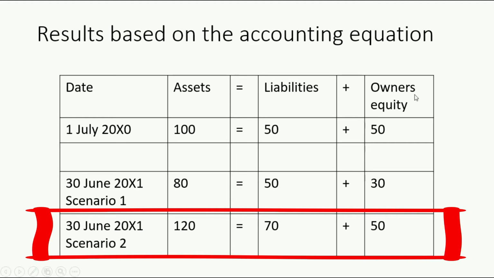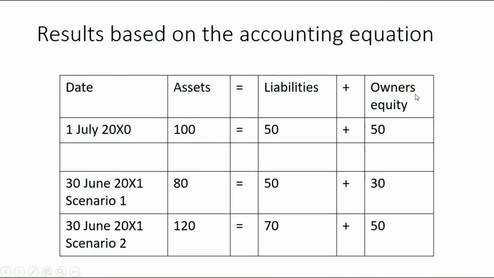So looking at scenarios 1 and 2 and comparing them with the beginning of the year, it looks like assets are more in scenario 2, the liabilities are also more in scenario 2, and owner's equity looks more in scenario 2. But when it comes to measuring financial health, we have to look at how much wealth is assigned